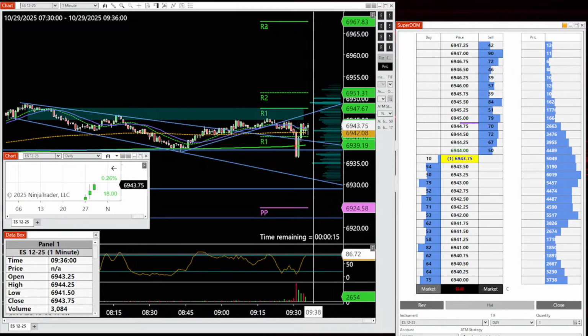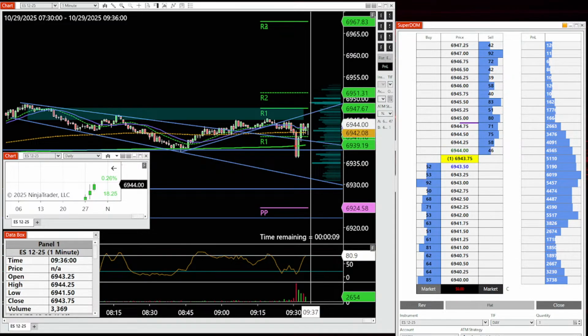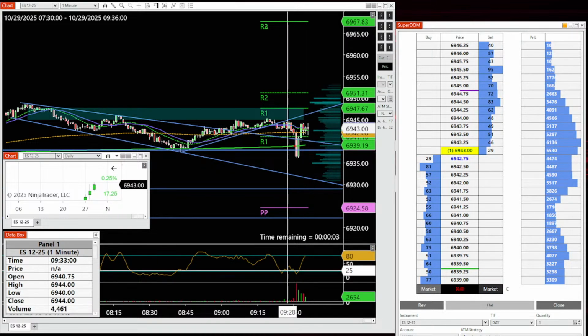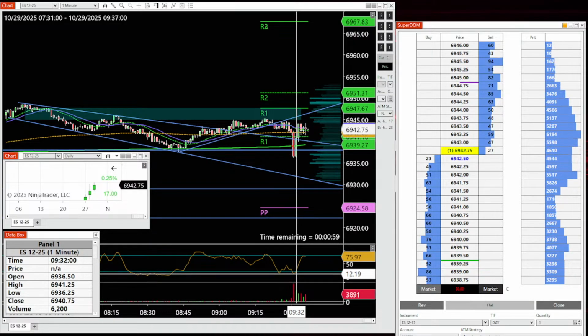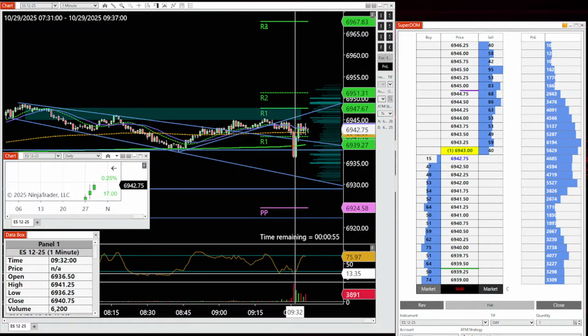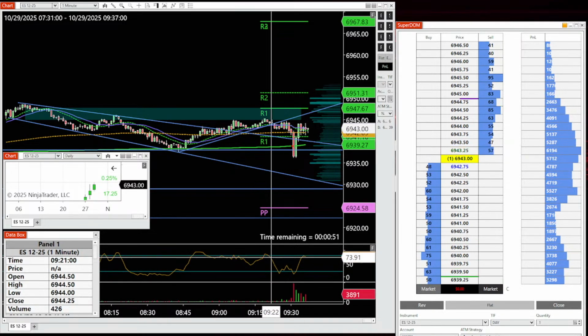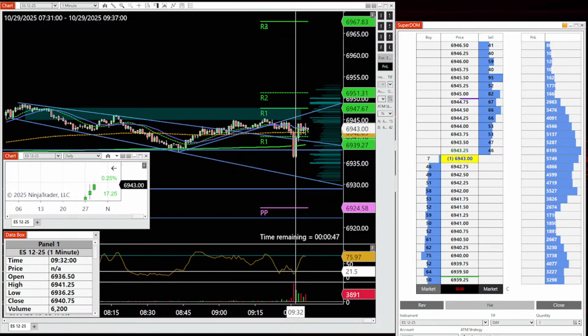But I wouldn't want to take it with this. I want to see a rotation, a rotation down and back up. Hit a nice double bottom, but couldn't catch that. Couldn't anticipate that. So if we are going long, I want to see a rotation, another cycle down and back up.